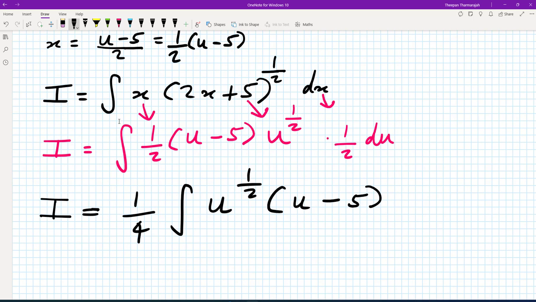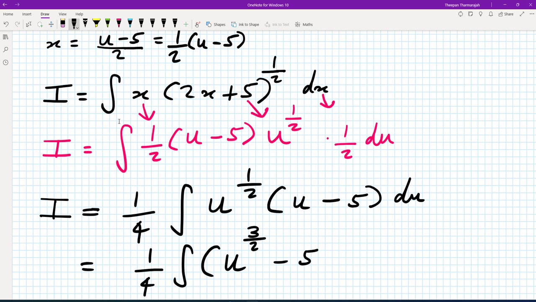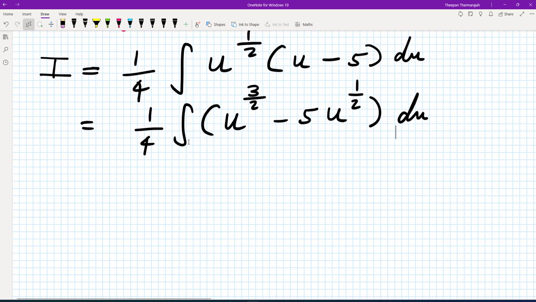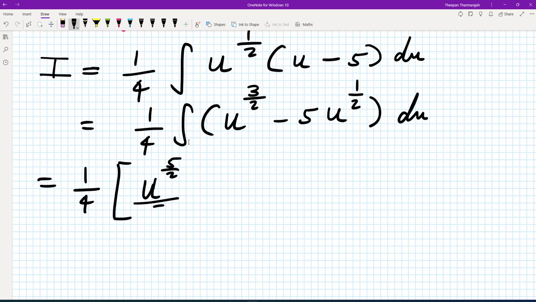So the integrand now becomes a quarter times the integral of u to the power of a half times u minus 5 du. So we can simplify that down to a quarter. Now expanding the brackets, u times u to the power of a half is, 1 plus a half, u to the power of 3 over 2, minus 5 times u to the power of a half du. So what happens now is we can integrate that. So leave the quarter on the outside. So I get, adding 1 to the power, u to the power of 5 over 2 divided by 5 over 2, minus 5 times u to the power of 3 over 2 divided by 3 over 2,